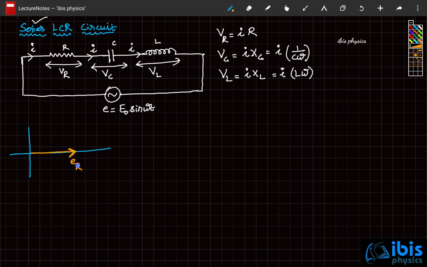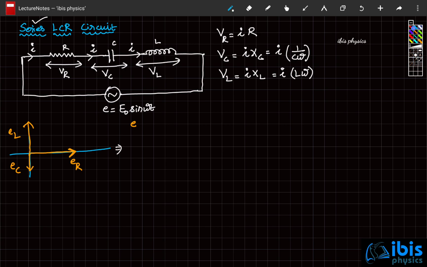EMF across the resistor will be along the applied EMF, whereas EMF across the inductor will be 90 degrees ahead of this, whereas EMF across the capacitor will be 90 degrees behind. We know that. These are all instantaneous EMFs. Okay, so in that case you can write